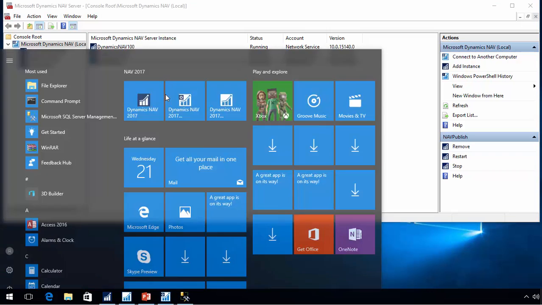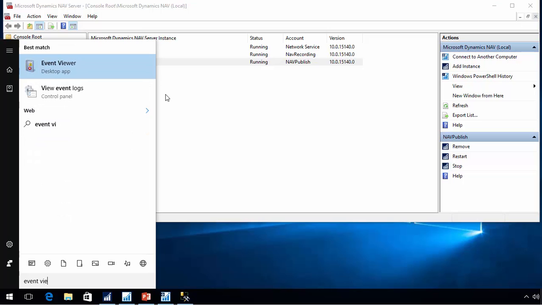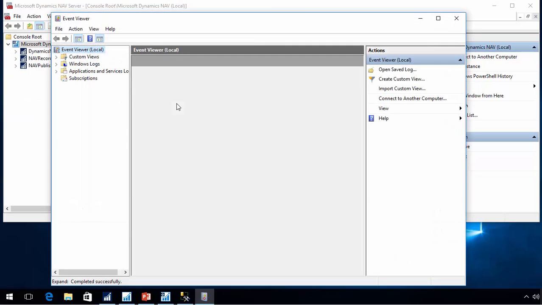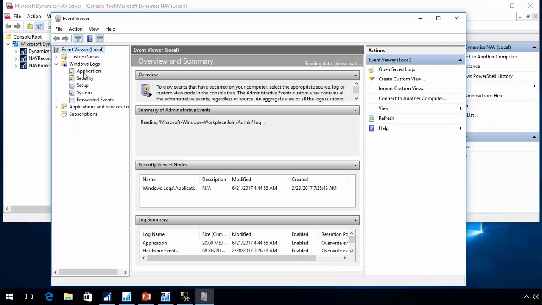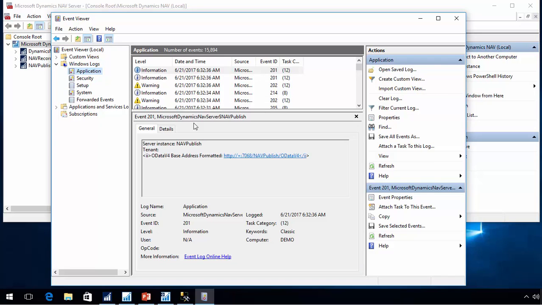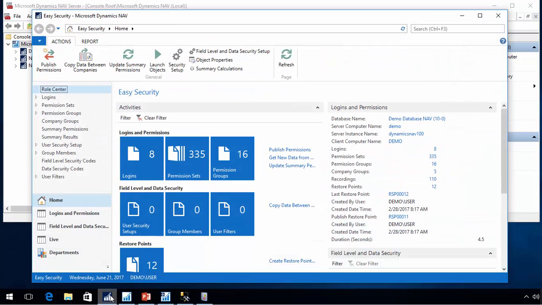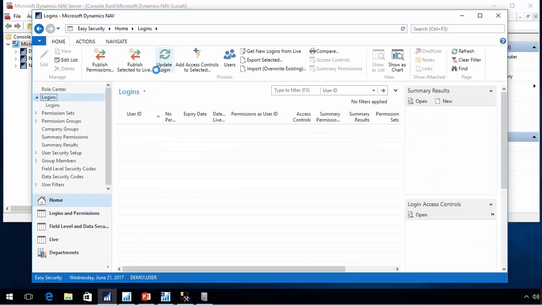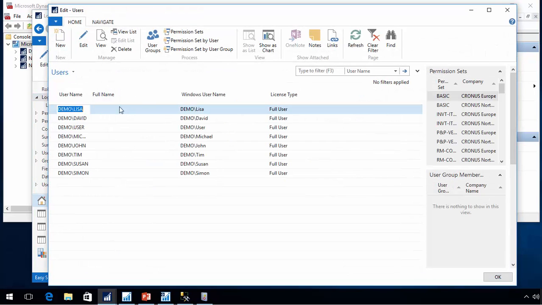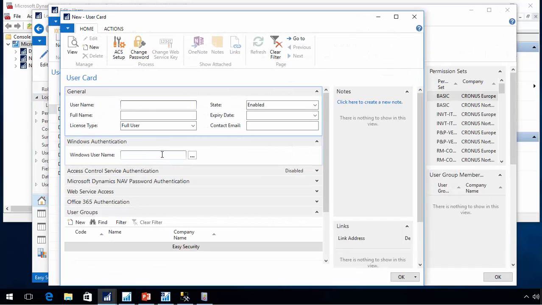My service tier now started, and if I actually look at the event viewer, I would actually see some errors, because there's one thing I'm missing, and that is to assign that user the permissions to actually log in to the database. That NAV Publish user is currently not allowed to log in, so I'll have to go to NAV. I will use the normal way we create a user from Easy Security, opening up the normal NAV screen, add the NAV Publish user in here,